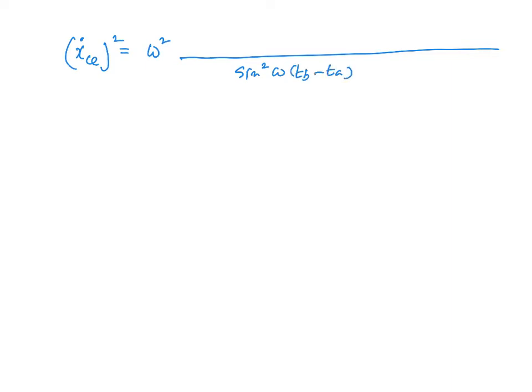So if we put them together, x classical dot squared is omega squared over sine squared omega (tb minus ta) times x_b squared cosine squared omega (t minus ta) minus 2 x_a x_b cosine omega (t minus ta) cosine omega (t minus tb)